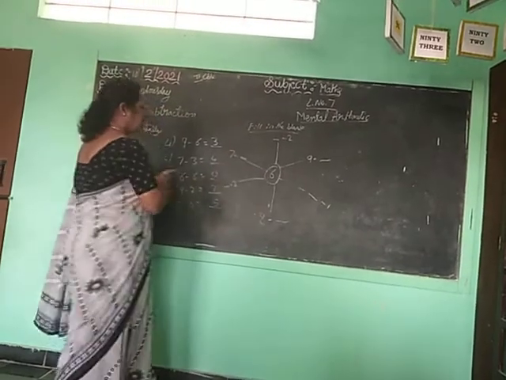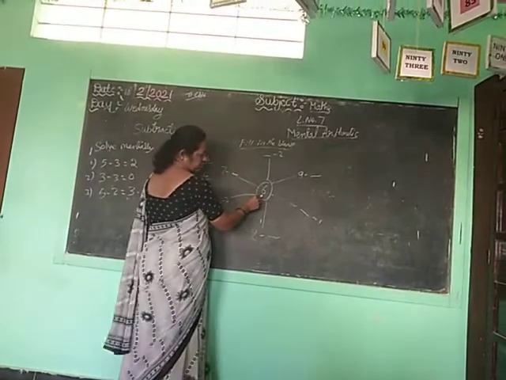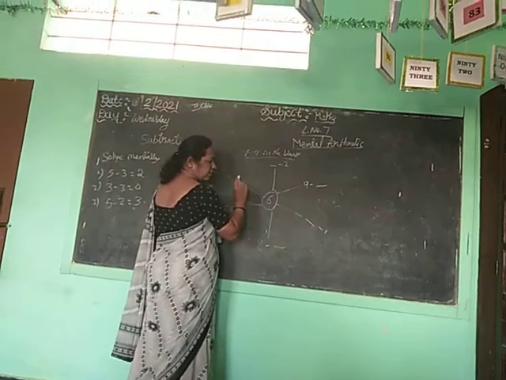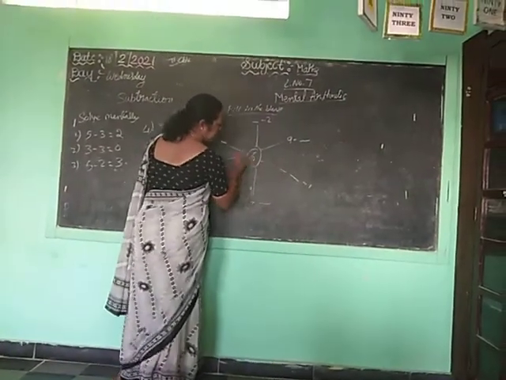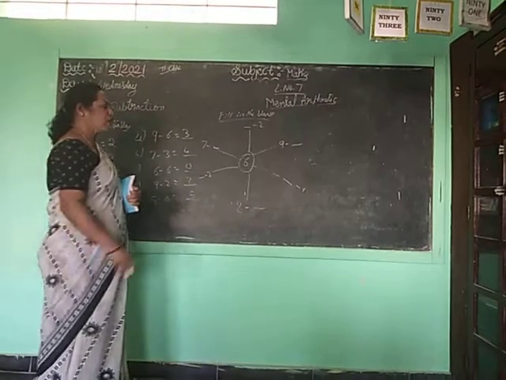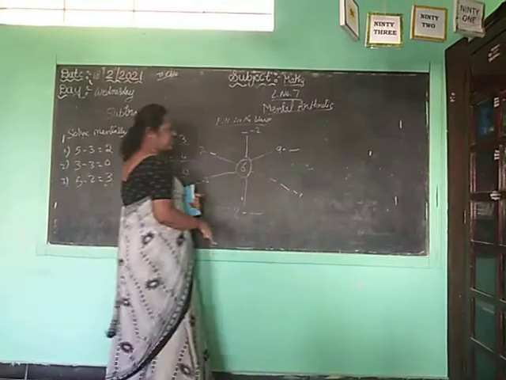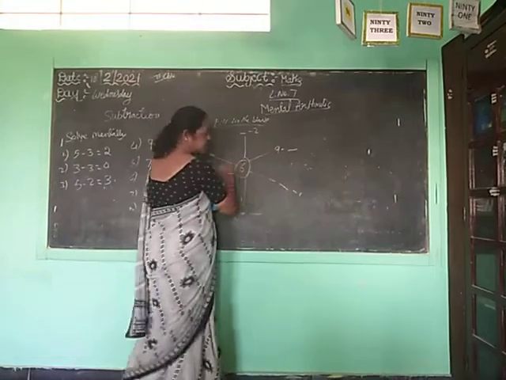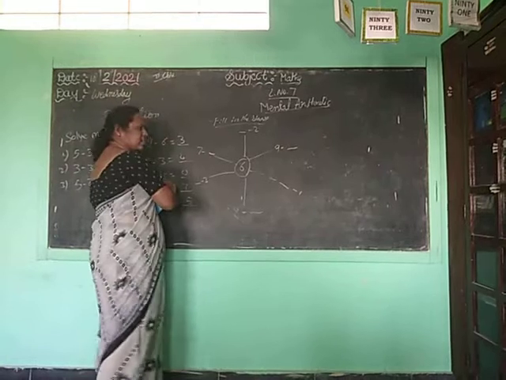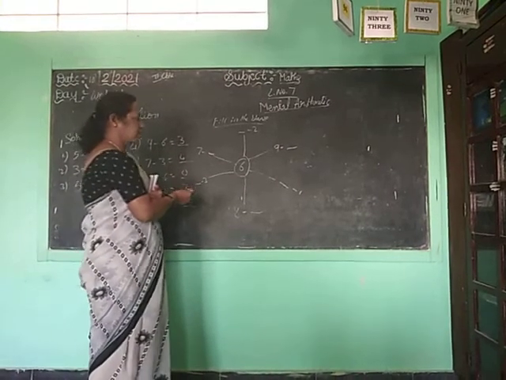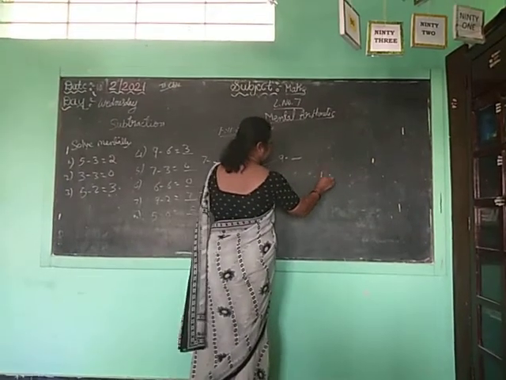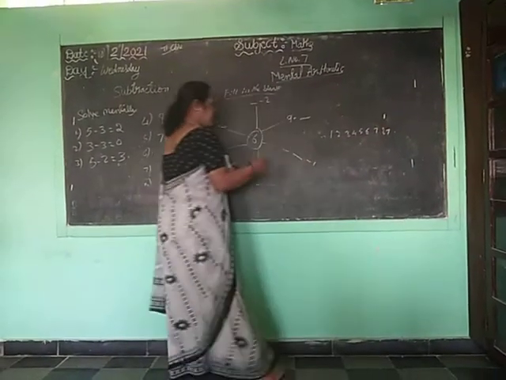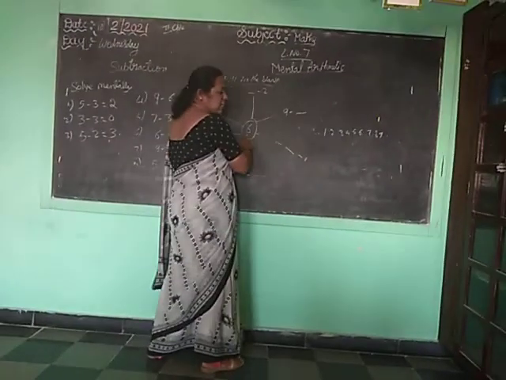Okay. See, they are given 6. So from one number if you subtract, you must get the answer 6. From 9, how much if you minus, you will get the answer 6? From 9 you have to minus one number, you will get the answer 6. So write it till 9, children, because 1, 2, 3, 4, 5, 6, 7, 8, 9.